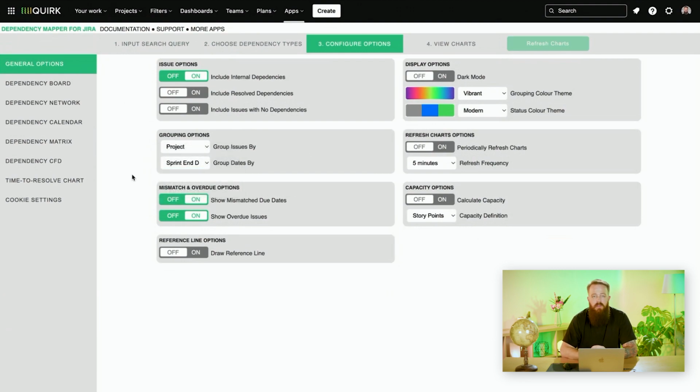After this, we also have the ability to highlight mismatched or overdue dependencies. So if a dependency is configured incorrectly, where A depends on B, but A actually is due after B, then we can highlight that in yellow for the individual to action. Or similarly, if a dependency is overdue, we can highlight that in red to make it more urgent on the screen. We also have the option to draw a reference line, which just shows the current date on our dependency board